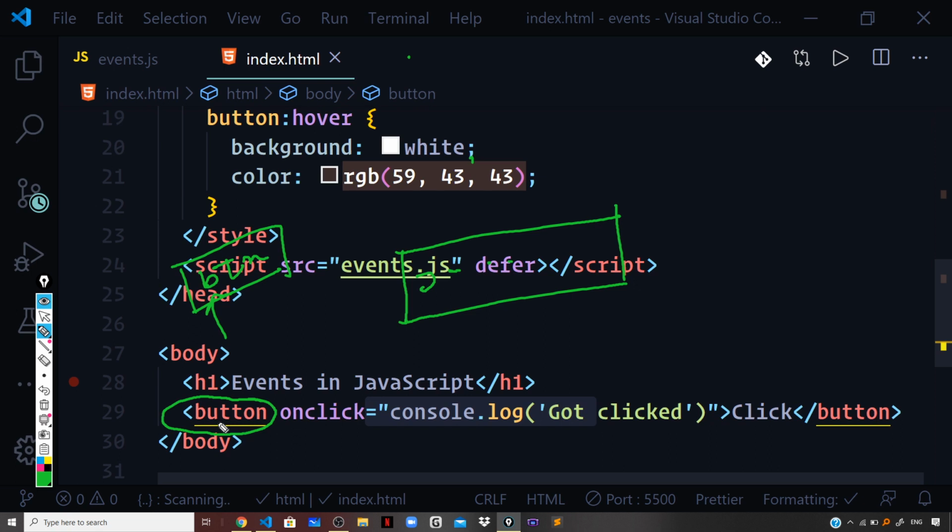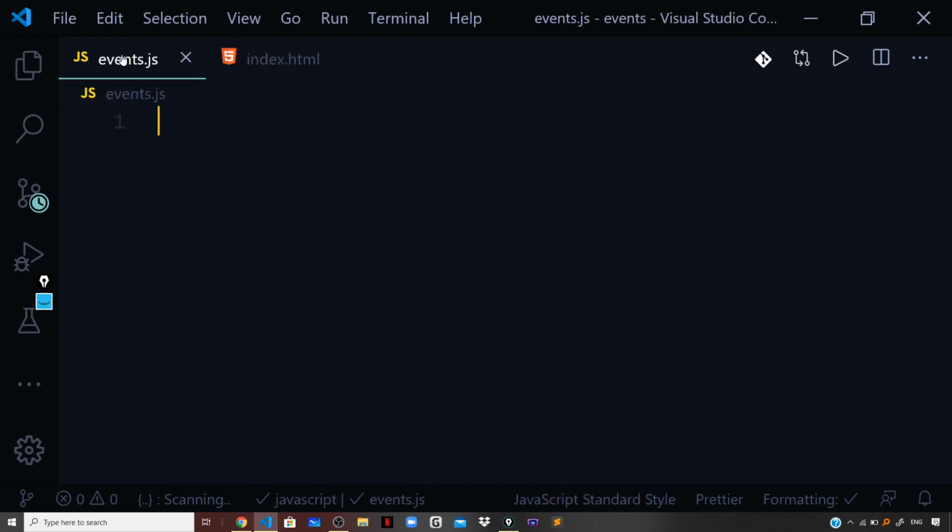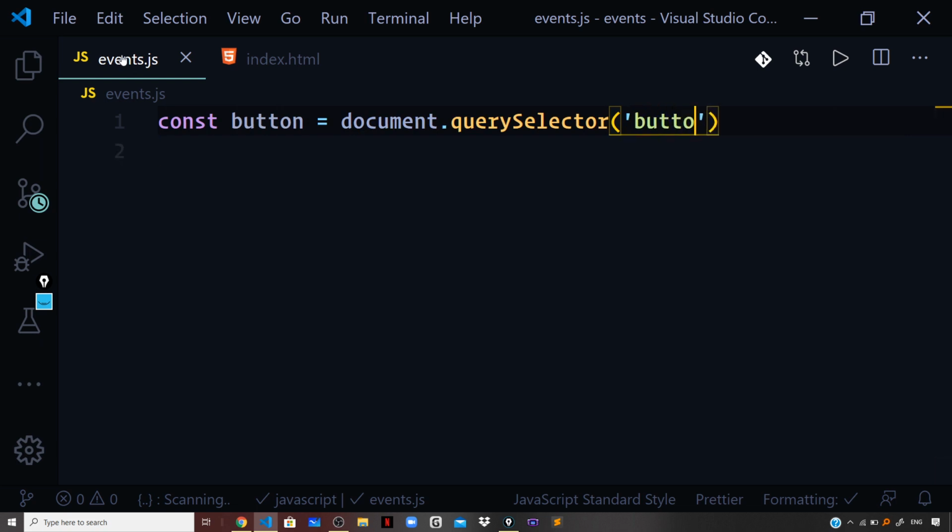So let us go back to the events.js file, and what I will do is I will grab the button using the query selector. So const button = document.querySelector, and I will say button. Okay, so we can say now this addEventListener method takes two arguments. So let me show you this. So button dot